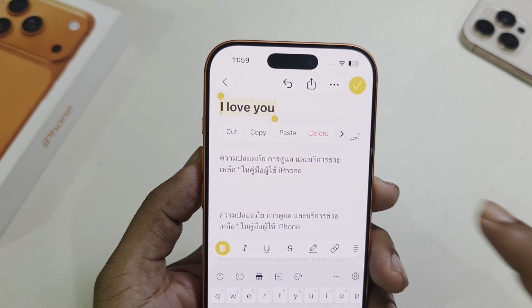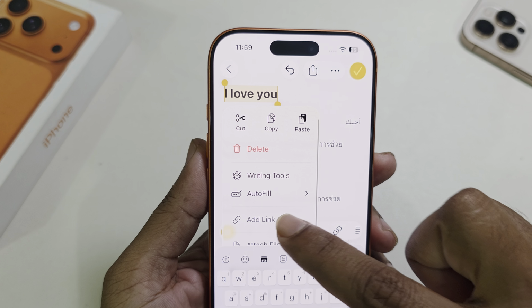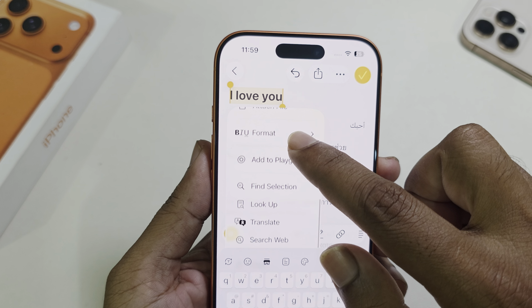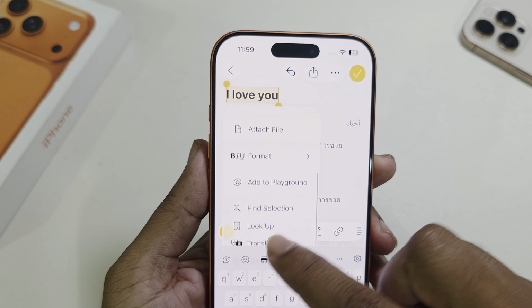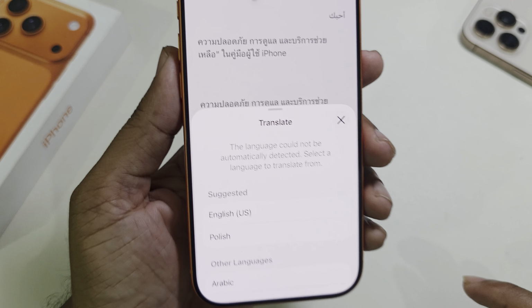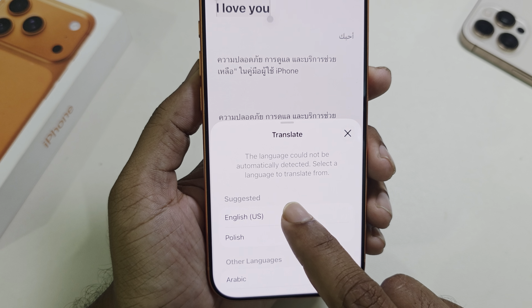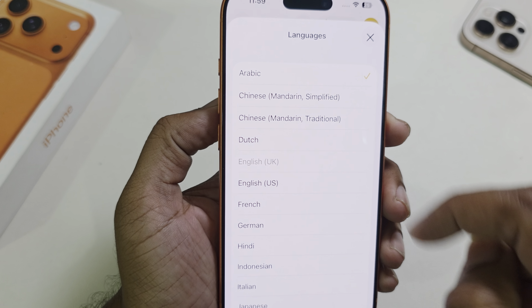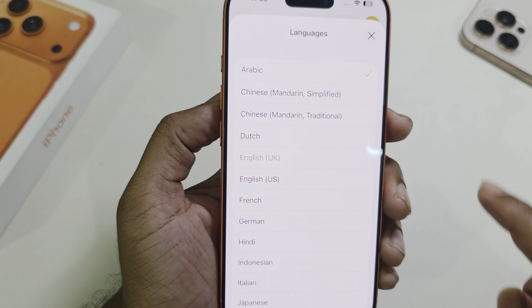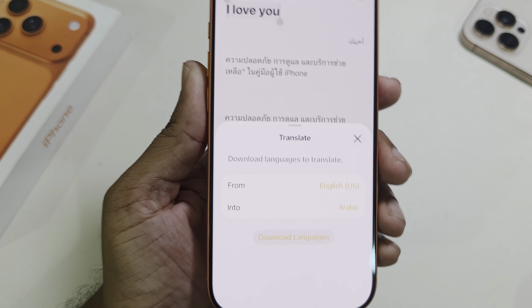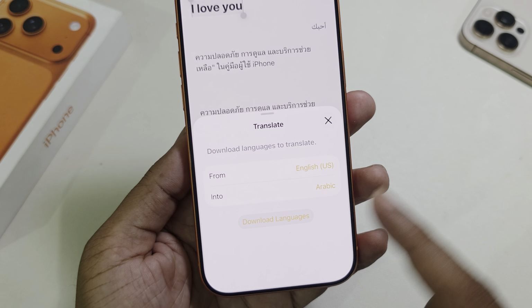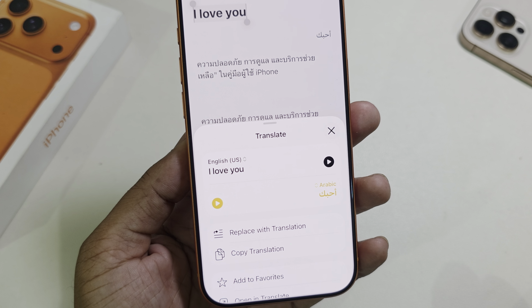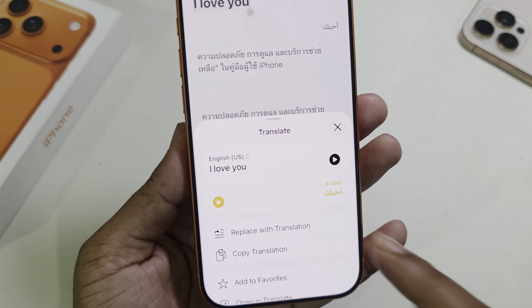Select your text, then press on this icon, then scroll down, and here you can see the Translate option. Select Translate. Now select the language you want to translate into. For English, I want to translate into Arabic. Then here you can see the Download Language option. If you already downloaded it, then okay, and if you haven't, then press on Download, then you can see